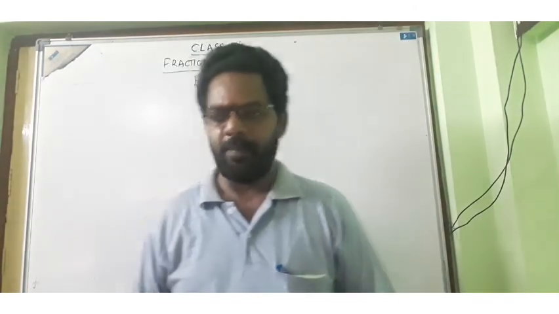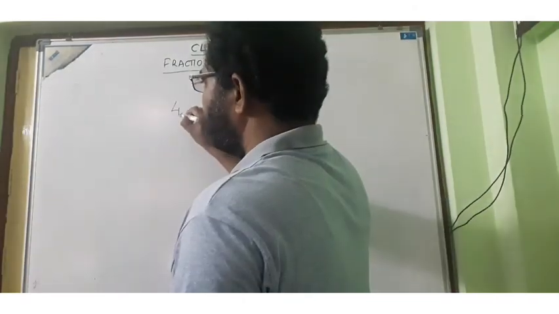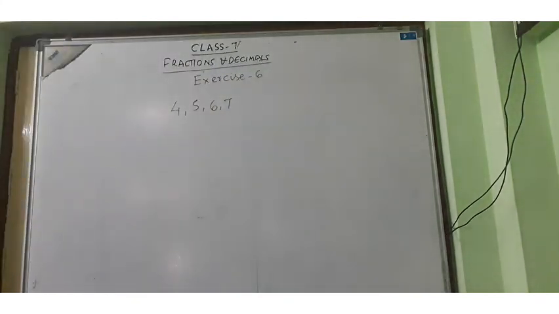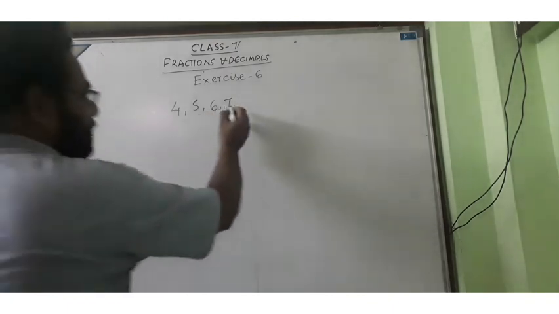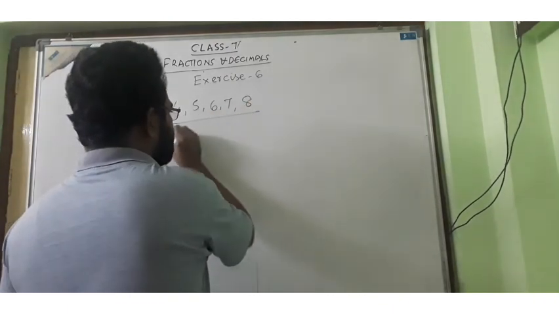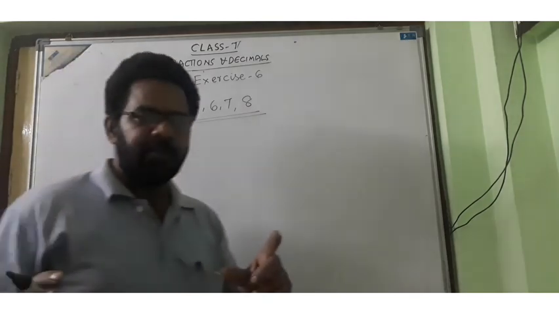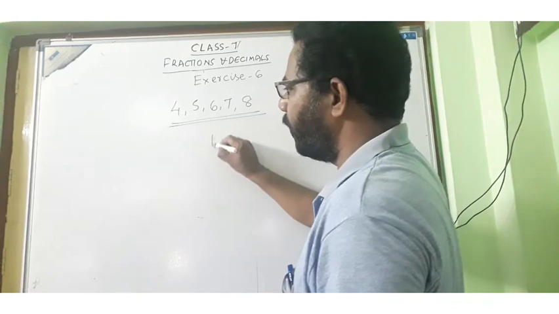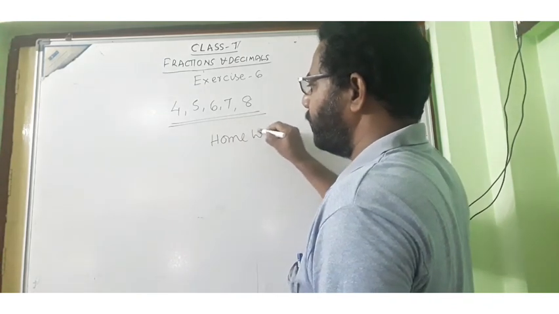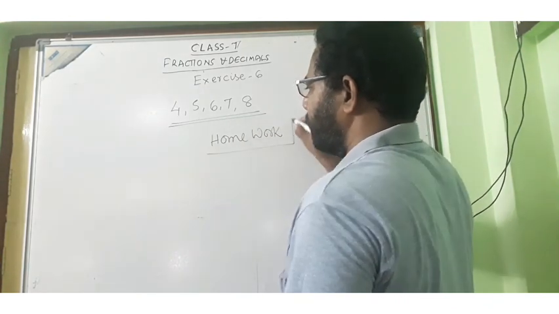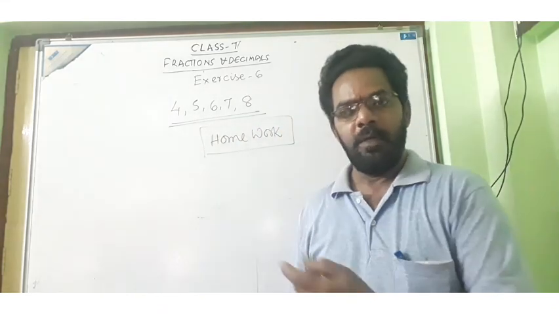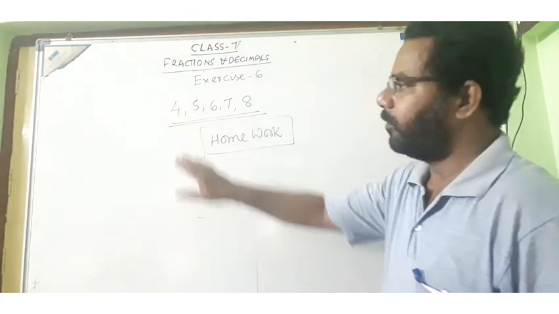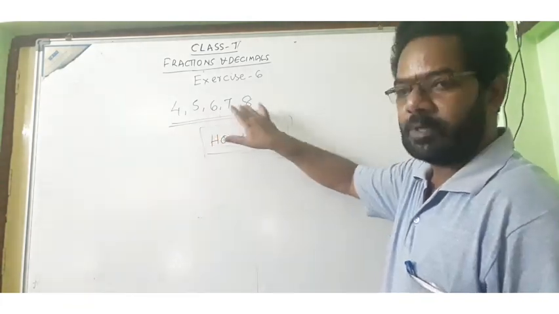So up to third Roman we completed. The fourth Roman, fifth Roman, sixth Roman, seventh Roman. Okay, some working sums are there. Up to 8 sums are there. These 4, 5, 6, 7, 8. I will put the pic of the exercise. So you have to note down those sums and do them in the homework book. Okay. Again we shall discuss in the class. Now we have classes on alternate days. So in those classes definitely we shall discuss.